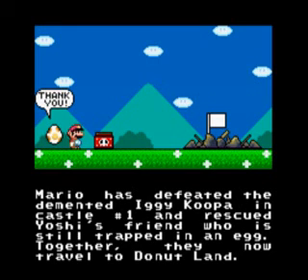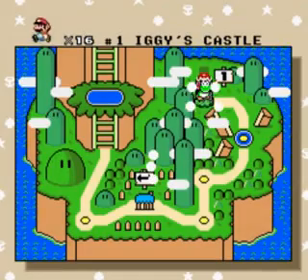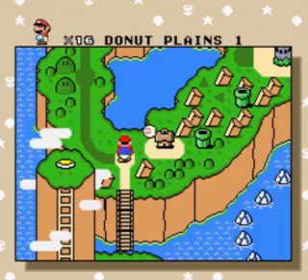So what, I'm just carrying him in my pocket, or I got a backpack, or Yoshi's holding him in his mouth? That's probably what's happening. And we'll continue and save. If I can...